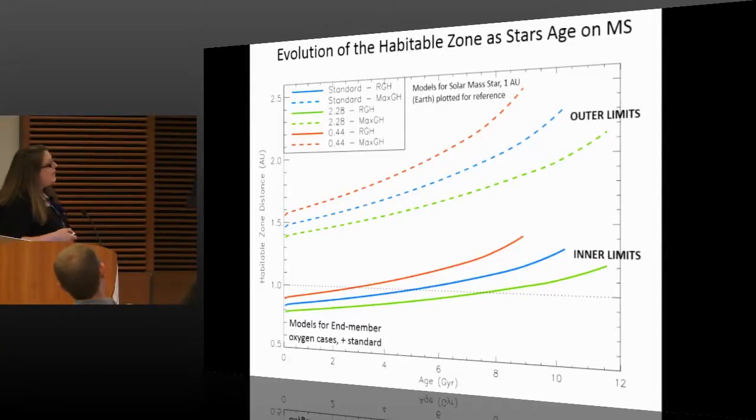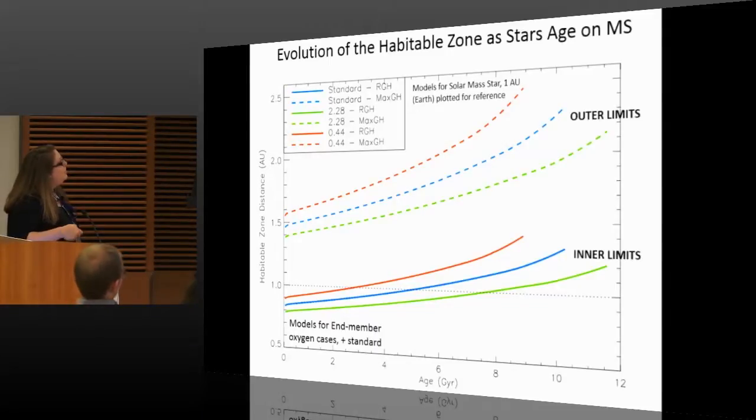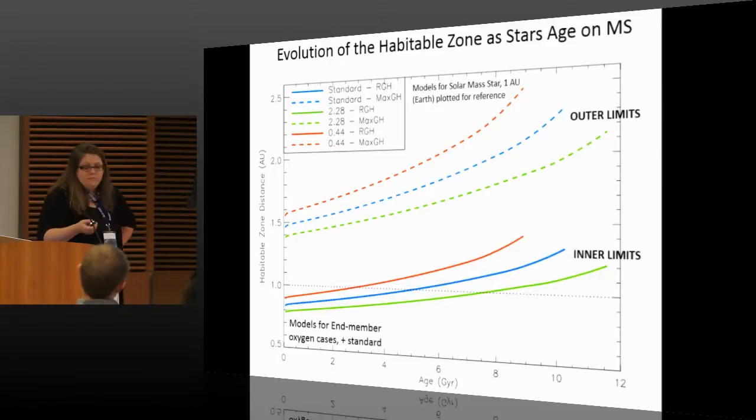And so we're at the very inner limit of the habitable zone. The red is for about half the oxygen value. So if the sun had less oxygen, we would actually be too close. So this limit would be outward, and we would be too close to the sun to maybe host liquid water